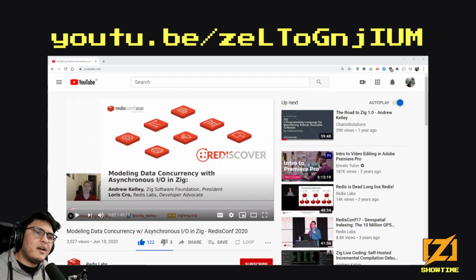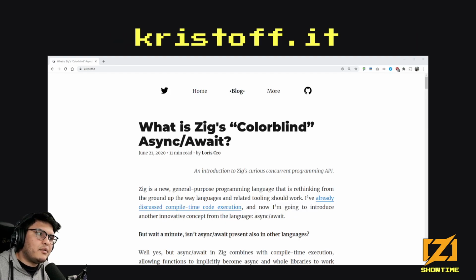Spoilers. The next resource is my blog post on Zig's colorblind async await, and here I am guilty of the same crime, in which I'm not explaining how async await works, how it's implemented.